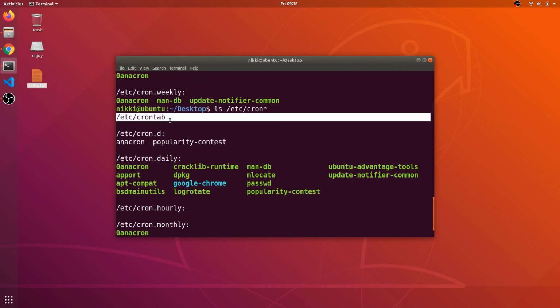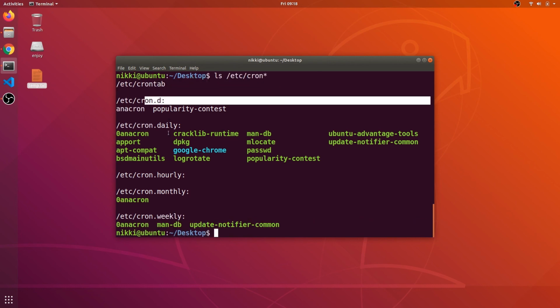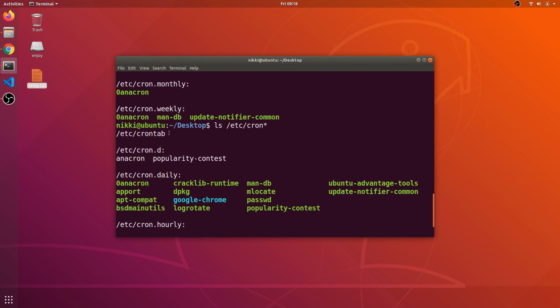Crontab, we have just edited this crontab, and this cron.d is the cron daemon, and you can see there are some more files: cron.daily, cron.hourly, cron.monthly, cron.weekly. You can edit these files also, but I suggest you go with crontab because it's a general syntax and you don't get confused.